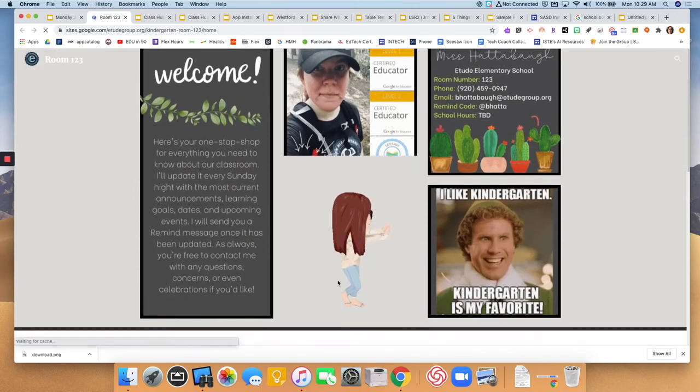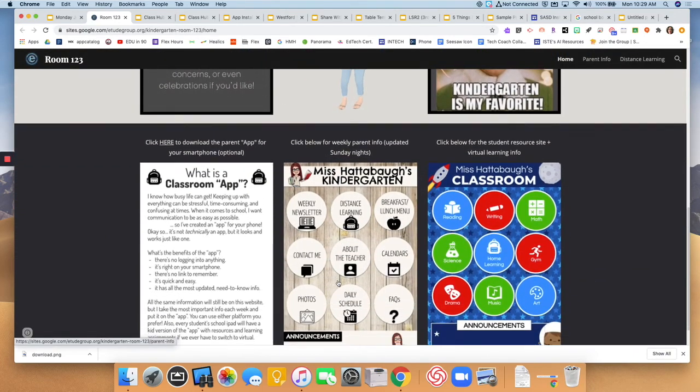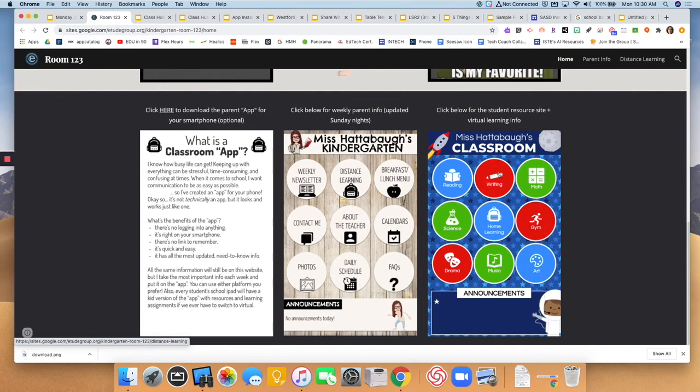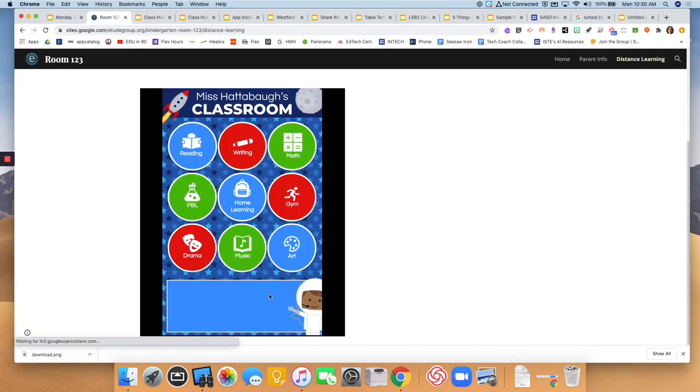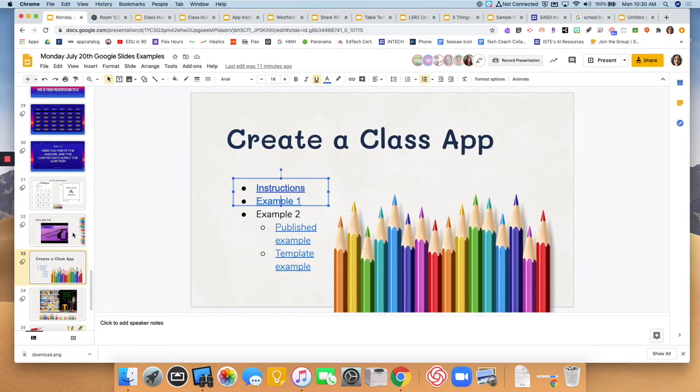Sorry, this is the example of the one from our school district. So this is from Etude. And we did get permission to share this with you, but you'll notice here's her class app in the bottom right corner. She has it broken down by reading, writing, math. Let's see if it loads for a second. And here's her classroom app page. So this is the one from the school district. The other one was just an example that I got elsewhere. But again, something to keep in mind when you are creating resources for parents. And again, there is a video walking through how to do that,